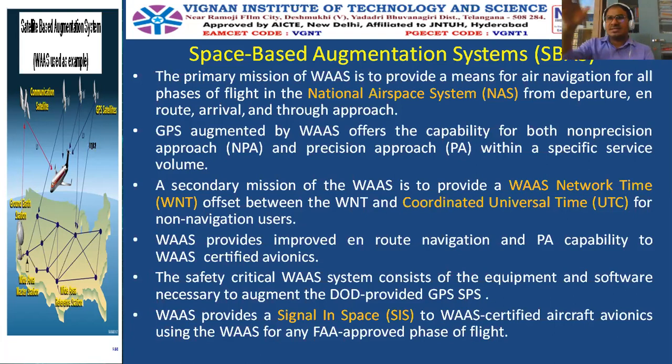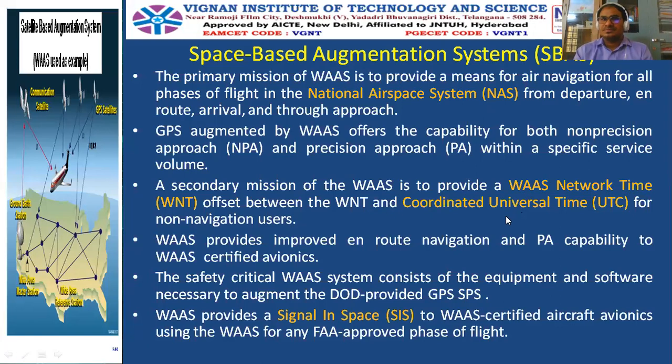En route is where the aircraft is traveling in the air, through ocean or hilly areas, whatever it is. After that, the next step is the arrival. Arrival means it is just 2 nautical miles away. In the air, distance is calculated in nautical miles, 2 nautical miles away from the landing position. And finally the approach. Approach is just 100 meters or 1 kilometer away from the